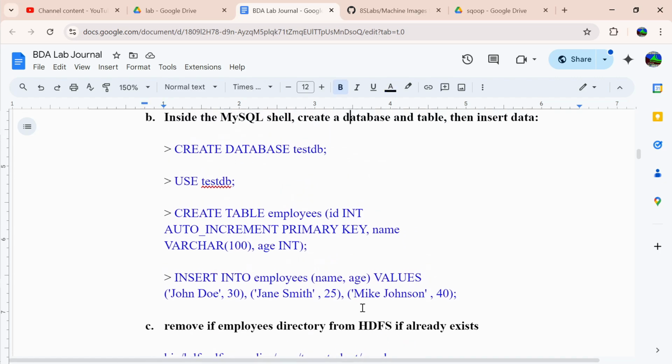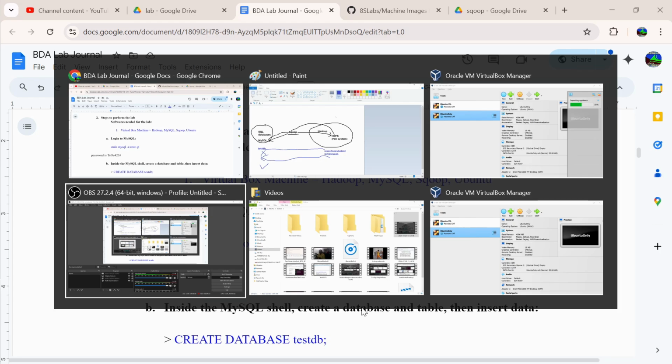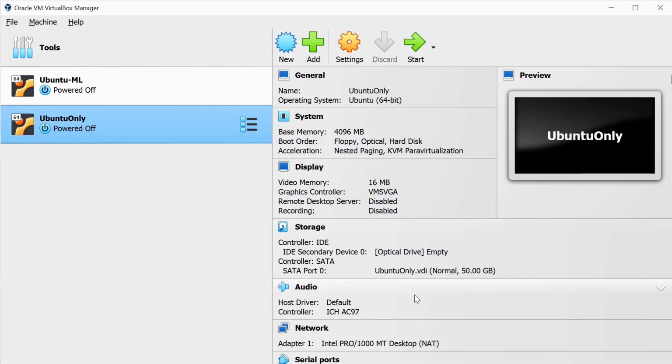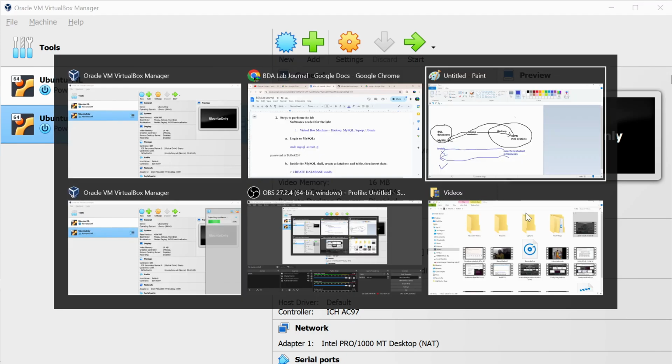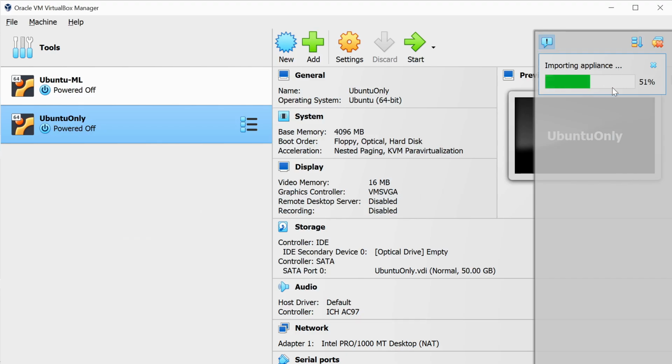I hope you have understood what we are doing, because once you have understood, it's much easier. So your machine has been created and is still importing. Once you import, you should see your SQL machine here, and you can simply start using it. Everything is installed and ready for you. This lab has been created specially for the engineers, so that they can actually test the concept and perform some labs. You don't have to waste your time